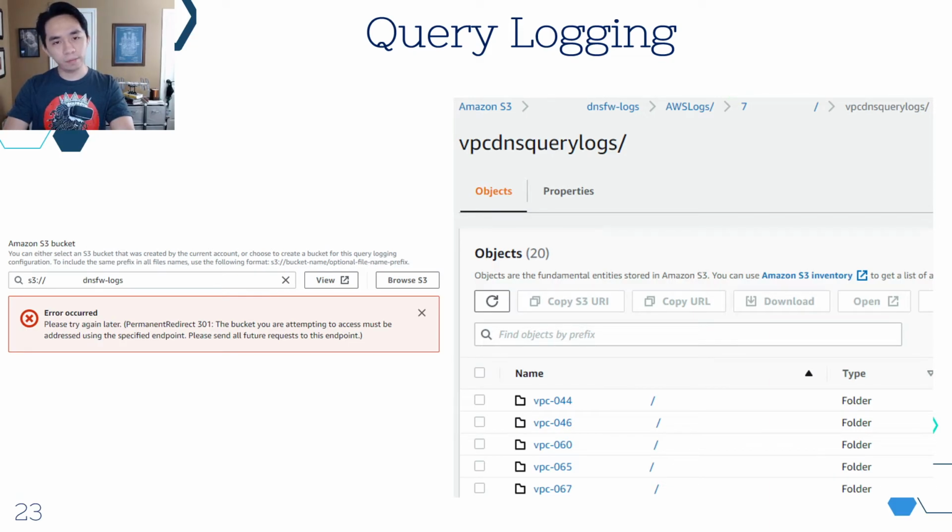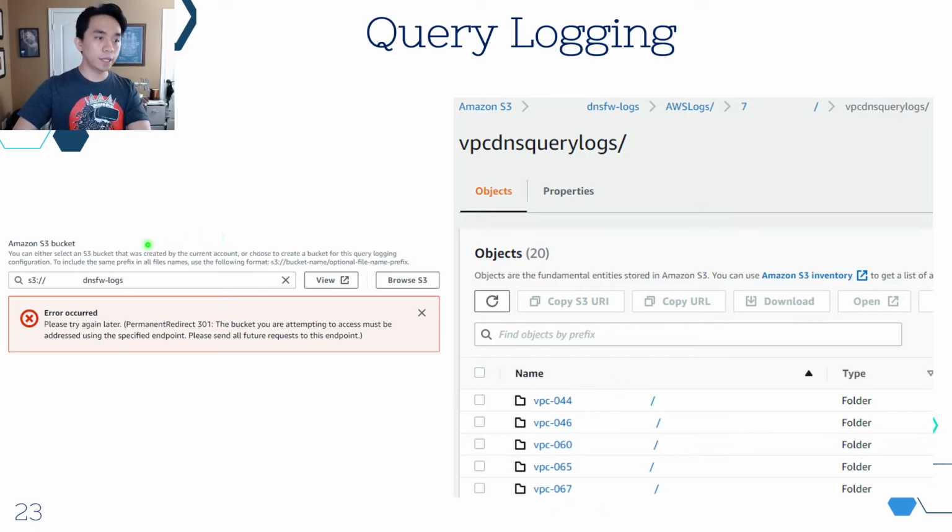That's not how I should phrase it. So if you choose S3 as the destination for the logs, this is the bucket name, right? And then the next substructure folder is AWS logs, and then it will be the account which is the owner of the logging configuration. It doesn't matter who you share with, it will all go under this owner account. And then it will be this VPC DNS query logs. And then the logs will be separated by VPC ID, not by account ID. That's just something you want to pay attention to when you look up the logs later.